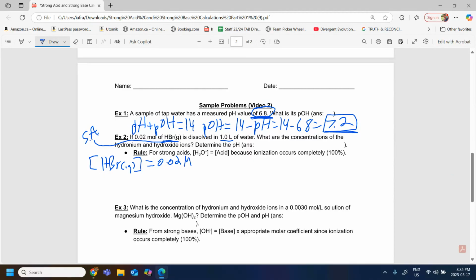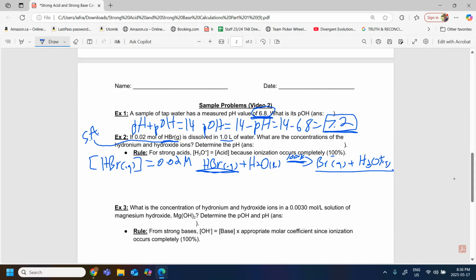Now, because this is a strong acid, we know that when you put it in water, it's going to ionize. You're going to make it react with water, and it's a one-way arrow because it's a strong acid, and you're going to get Br minus aqueous plus H3O plus aqueous. Now, because it is a strong acid, if it ionizes, 100% of it is going to become